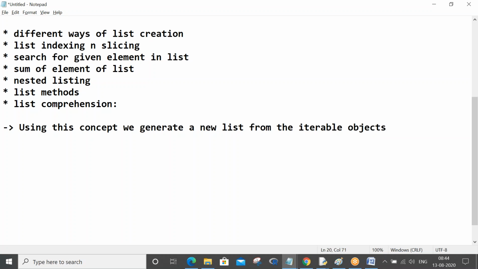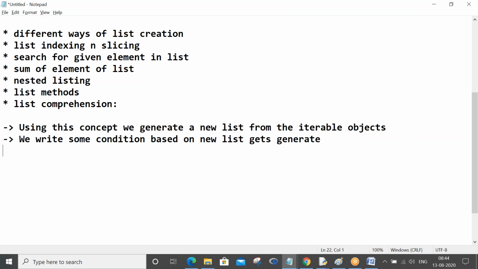We write some condition, based on which the new list gets generated.